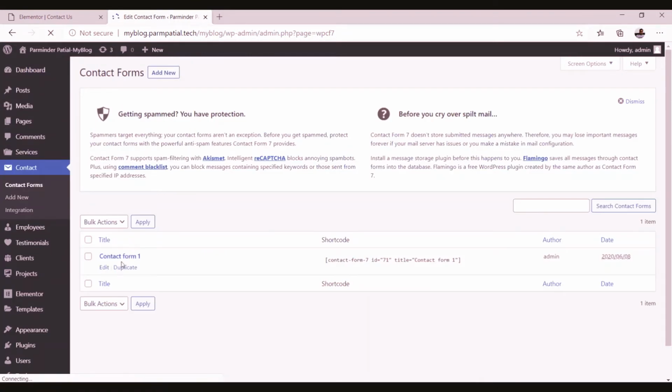So here you see Contact Form 1. This comes by default with WordPress. If it is not there, you simply add a new one using the Add New button over here. If I wanted to make some changes to this, simply click on this Edit button,